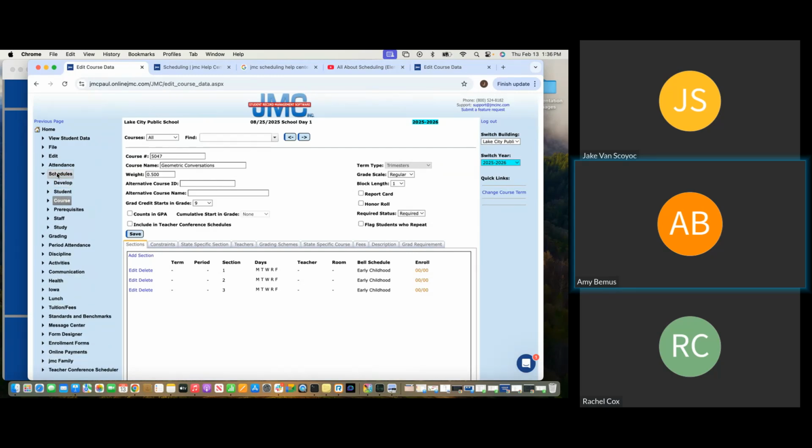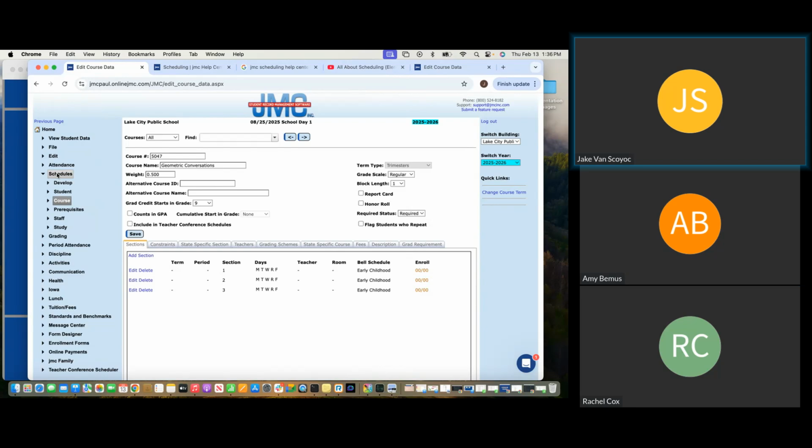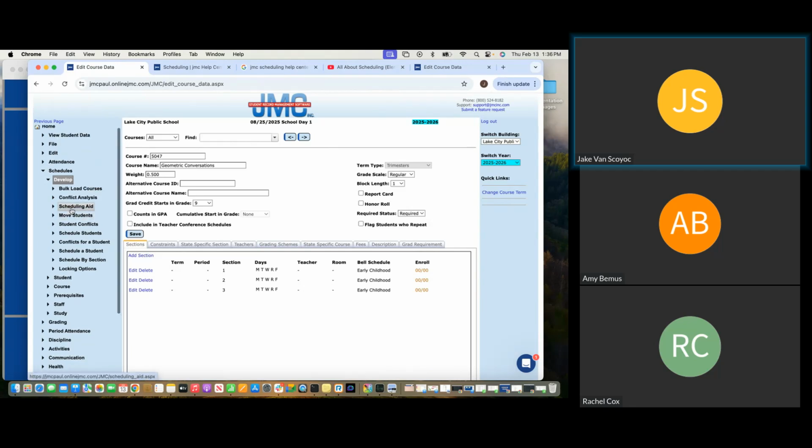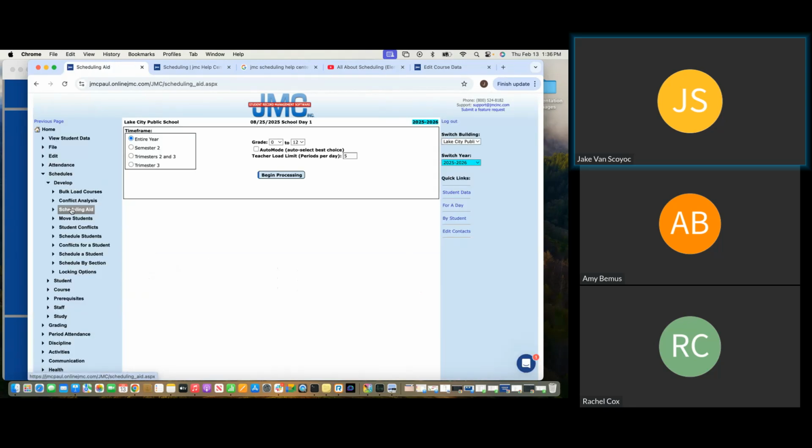Great question. That's really where the scheduling aid is going to come into effect. We brought it up a few times here. So schedules develop, where's the scheduling aid? Right here. So what the scheduling aid does as a tool, after you have bulk loaded students into the courses that are required, after students have registered for courses that they want to take,